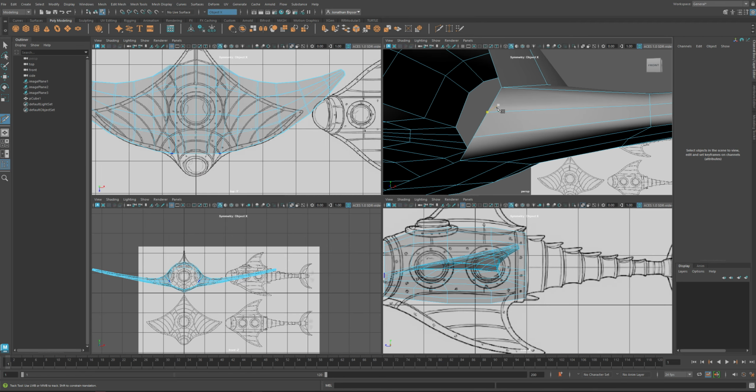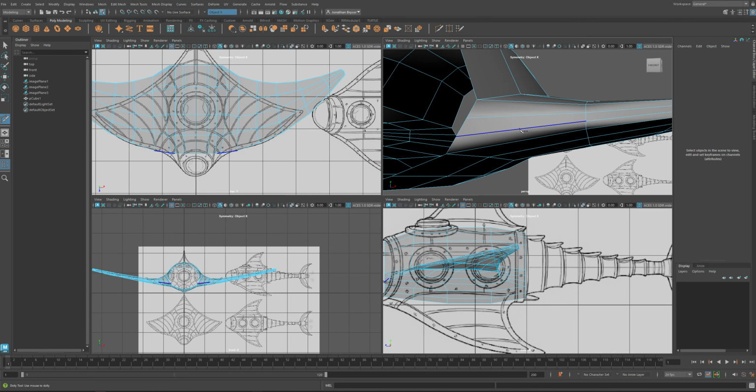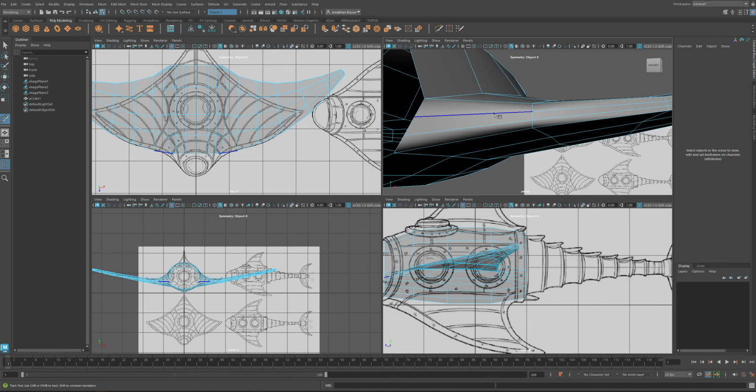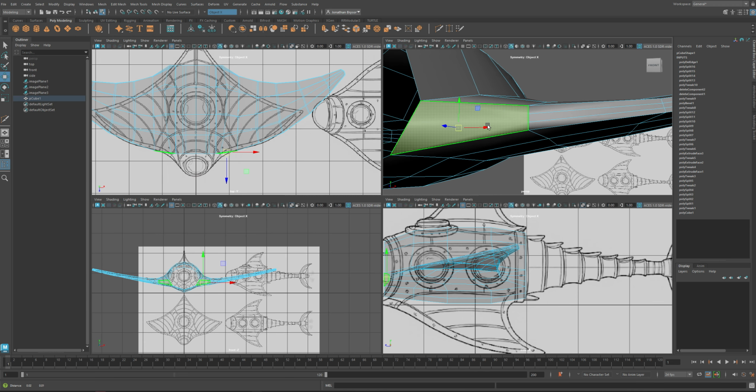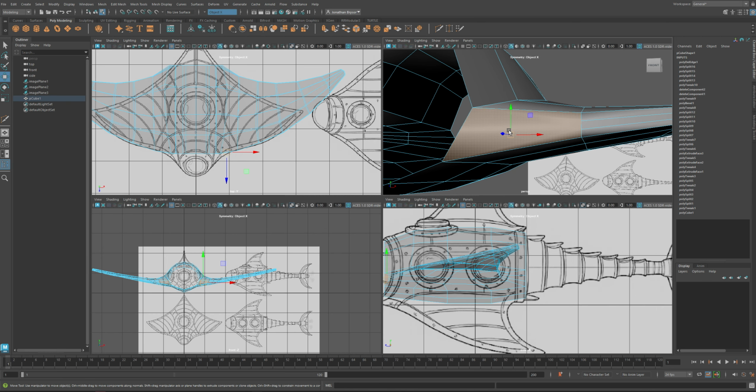And I don't want this edge going out to here. I need it to be self-contained. Because I'm using these edges to curve out the tips, the leading edge and the trailing edge of the wing. So what I'm going to do is take these two edges and hit Control Delete. I'm going to take this face,